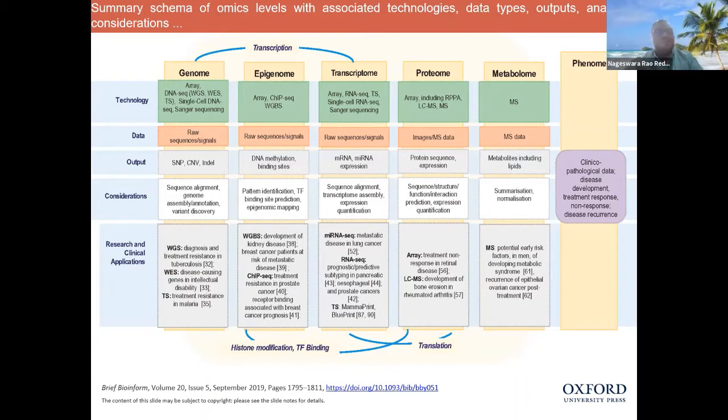Okay, so what should we do here? Considerations. The careful consideration we should make is a complete sequence alignment. We should see that the genome is completely assembled and completely annotated, and we should make a variant discovery based on the available information, either from SNPs, CNVs, or indels. We take all three into consideration and then see what the variance is between two persons.